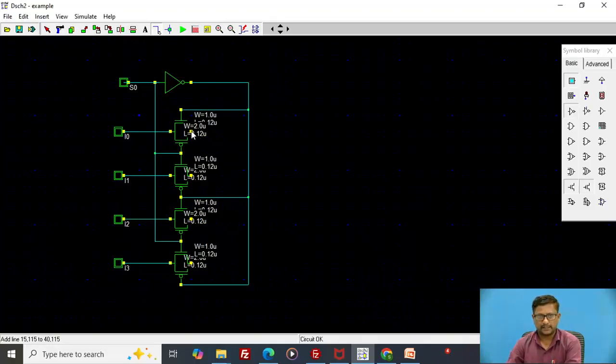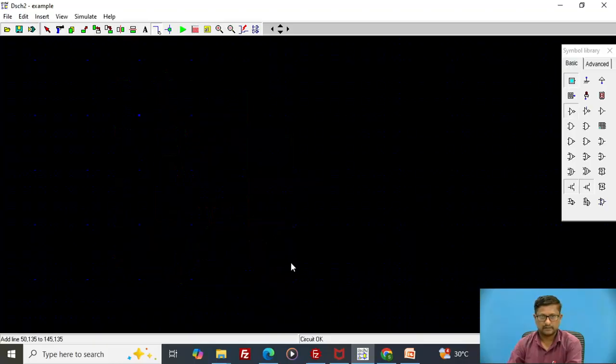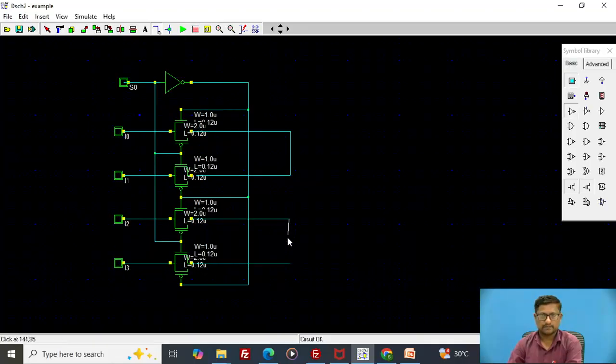So the output we are taking, we can extend the output. Combined, this will give the output. Then in the third stage, I2 and I3 we can combine. Again we can design the fifth